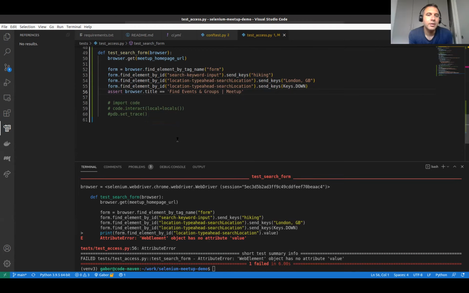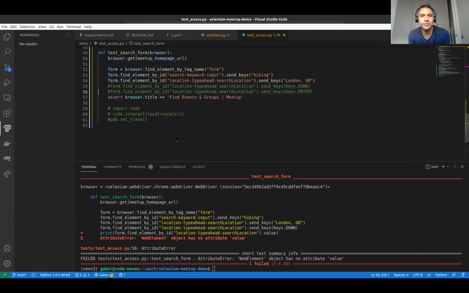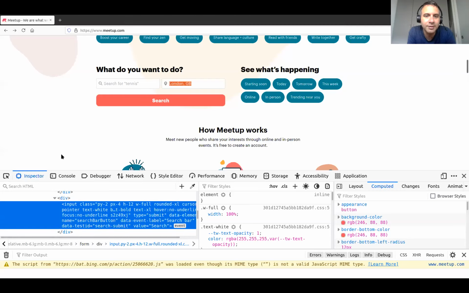So basically what you want is to do send keys and then down arrow. Normally in the browser, the down arrow changes focus. But in our Selenium, it doesn't matter because you send the keys to a specific element and not to the element that is currently in focus. But maybe you can do browser. We can get the currently focused element. Try to change it to browser send keys.